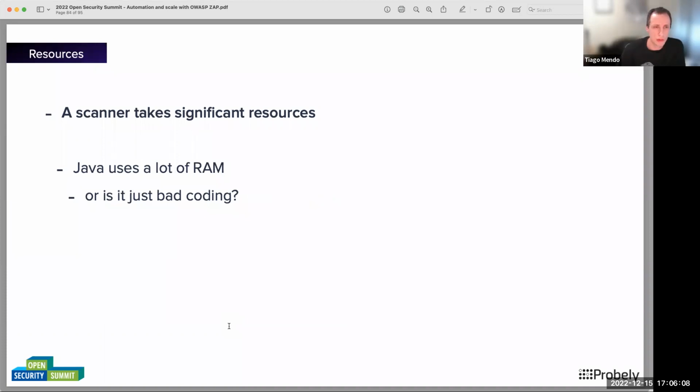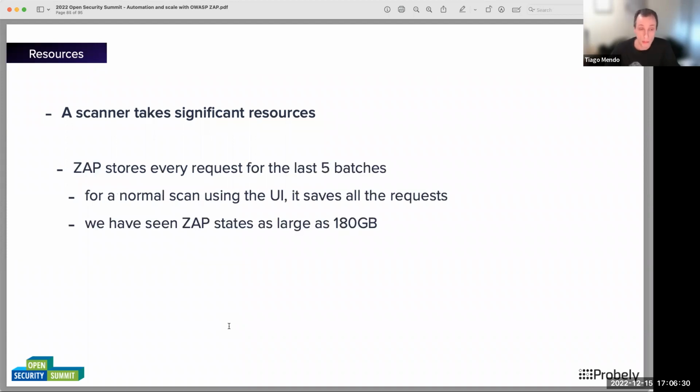So talking a little bit about resources, ZAP is built with Java. I love Java. Most people hate it because of the long function names and the resources, but most of the time I think it's just bad coding, because Java can be really fast and really effective. Despite that, ZAP can be really